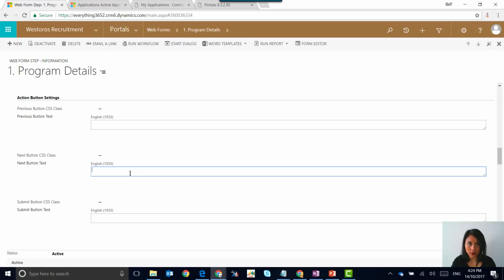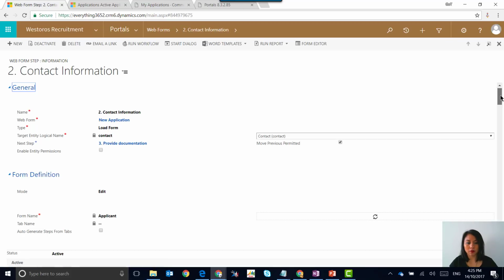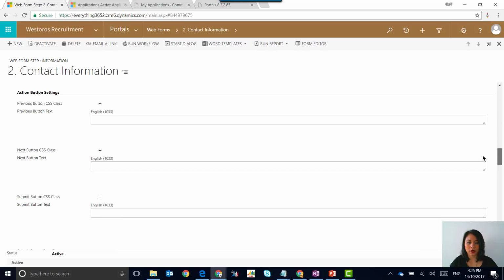So instead of saying next, I want to make it clear to the end user that the portal is simply saving what they've entered and creating that record. So what I'm entering here now is called save and next. So if I hit save, that will go and update the button in step 1. And we want to do the same in step 2. I'm just going to wait for this form to load. Okay, so same thing, we scroll down to the action button settings area of the web form step, and this time I will have save and previous